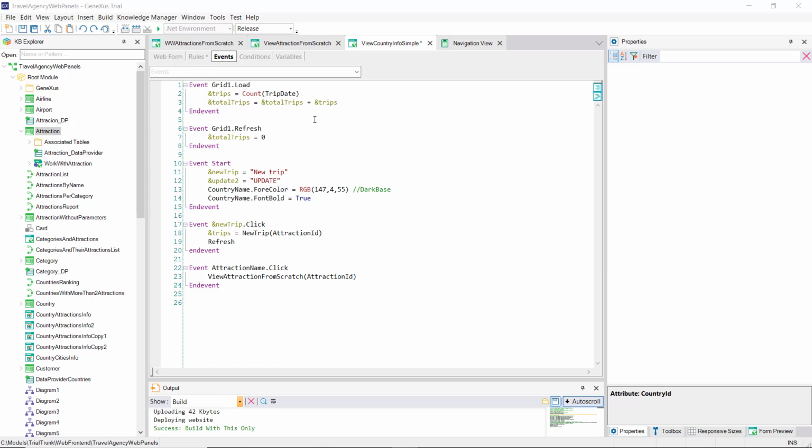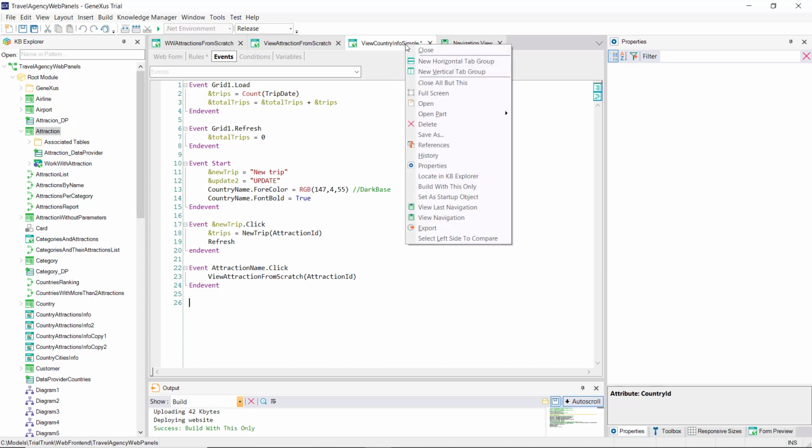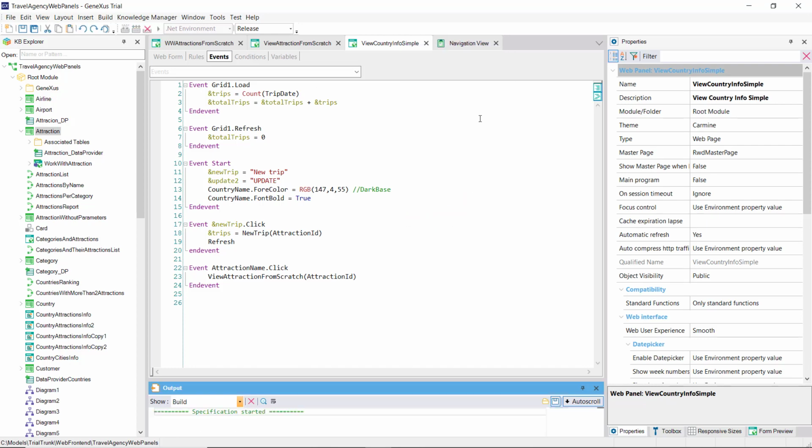If we analyze as Genexus does which attributes will participate in determining the base table, we can see that they are all loose. Clearly, trip date does not. It only participates in the determination of the table to be navigated by the count formula. Of course, and just like with the web panel in general, if the grid has a base table, then this count formula can also have an implicit condition, which in this case is that it'll count the trips of the tourist attraction that are about to be loaded.